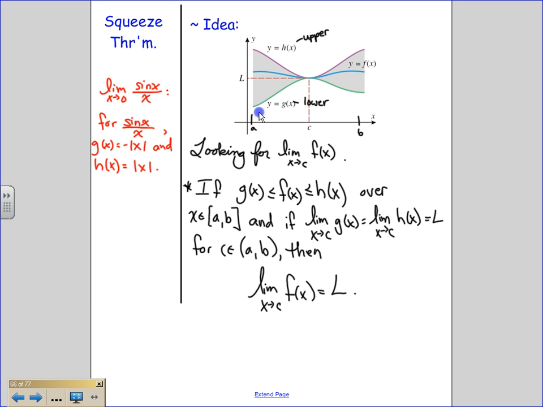And then they were able to show that the limit as x approaches 0 of the absolute value of x is the same thing as the limit as x approaches 0 of the negative absolute value of x, which equals 0. Therefore, they were able to say,